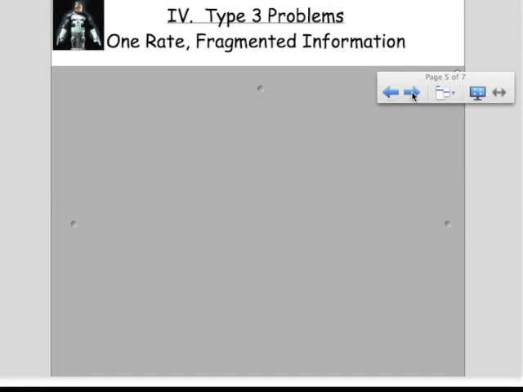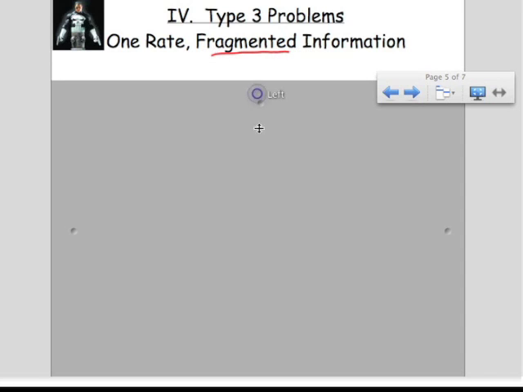Next, we're going to look at type 3 problems that are a little different because they still give you one rate, but it's going to seem like it's giving you extra information, and the reason is because it really is fragmented. The information is cut in pieces. So for example,